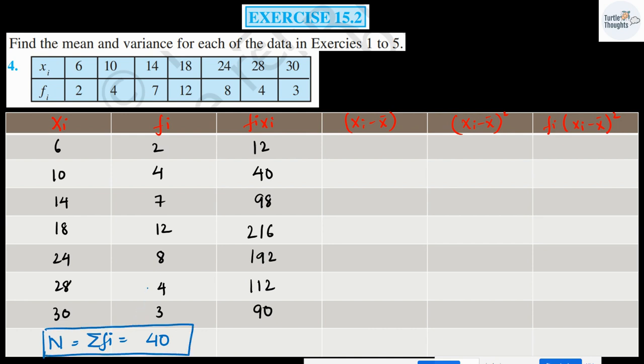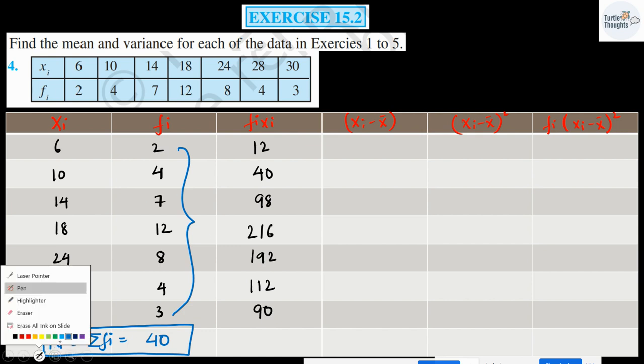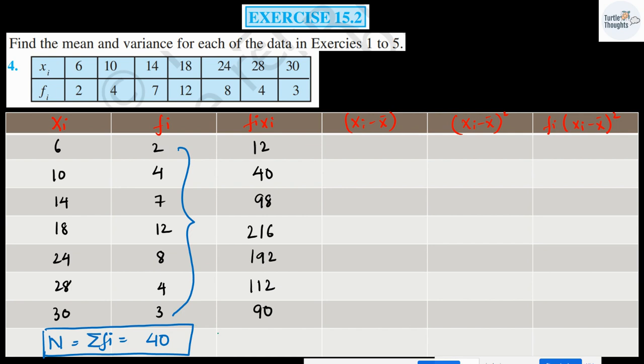I will be getting the value as 40 when I add your fi. Next, I need to find out the value of summation of fi xi also. In order to do that, let me write over here summation of fi xi is going to be equal to 2, 8,